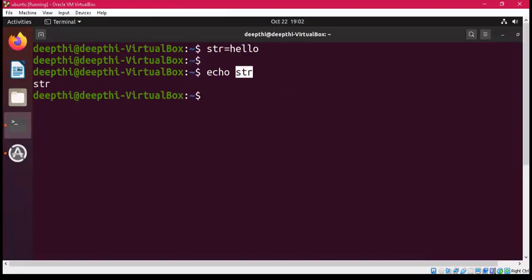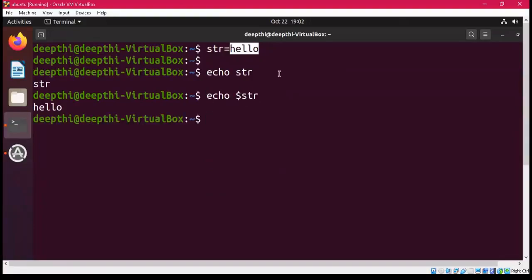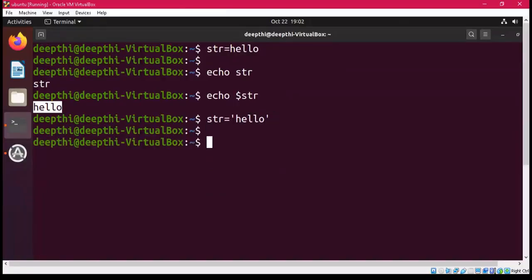So it is going to display str, but not hello, which is the value of this variable. For that, I have to prefix it with the dollar symbol, and now you can see that it is giving you this output. Similarly, even if you enclose this in single quotes and then try to access the value, it is going to give you the same result.